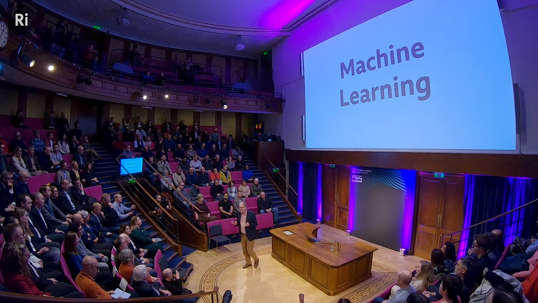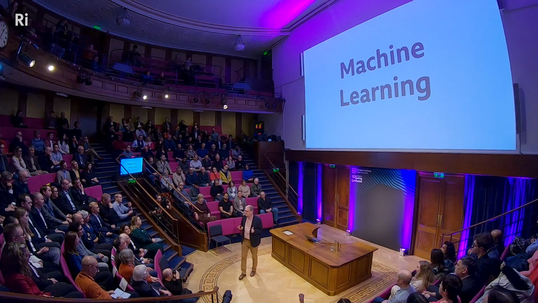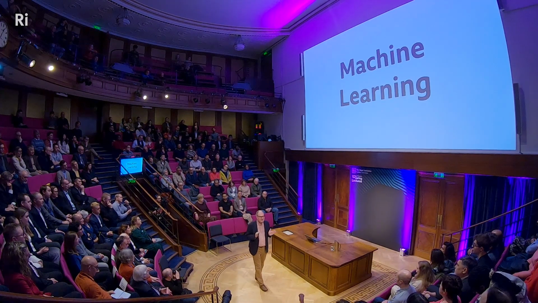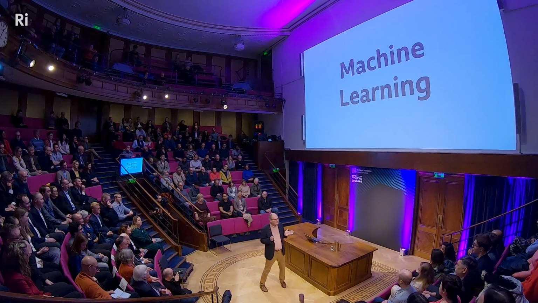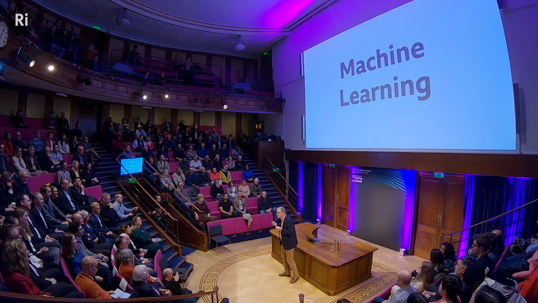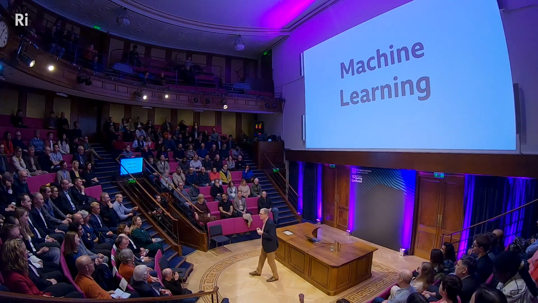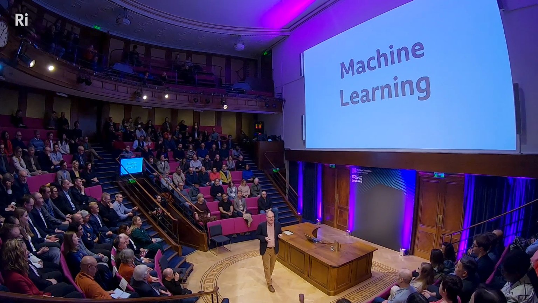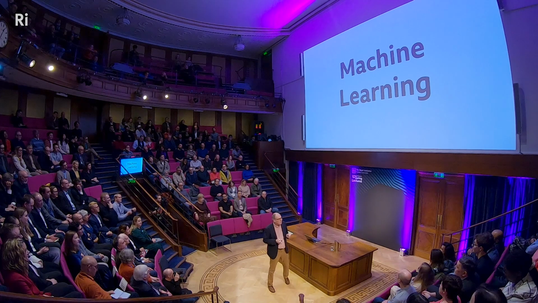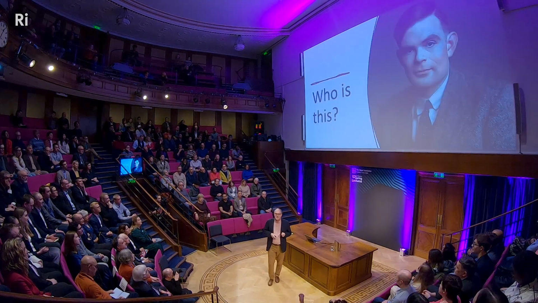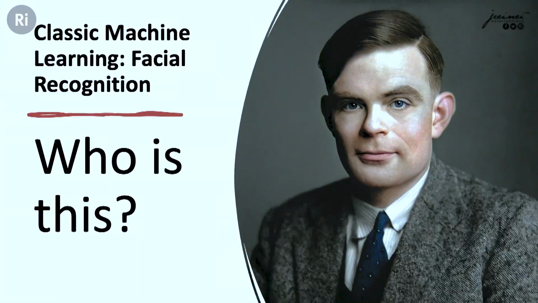Now, like so many other names in the field of artificial intelligence, the name machine learning is really, really unhelpful. It suggests that a computer, for example, locks itself away in a room with a textbook and trains itself how to read French or something like that. That's not what's going on. So we're going to begin by understanding a little bit more about what machine learning is and how machine learning works. So, to start us off, who is this?